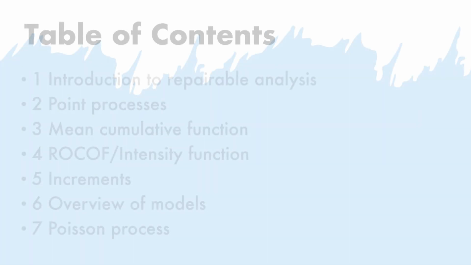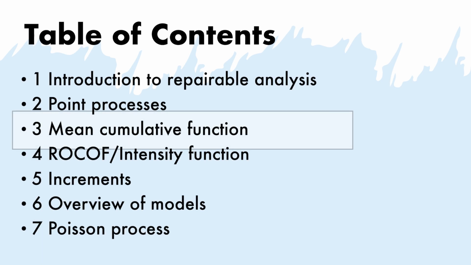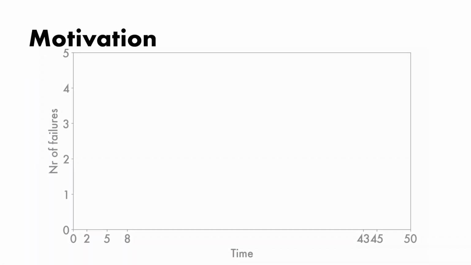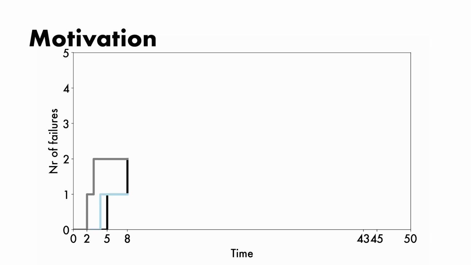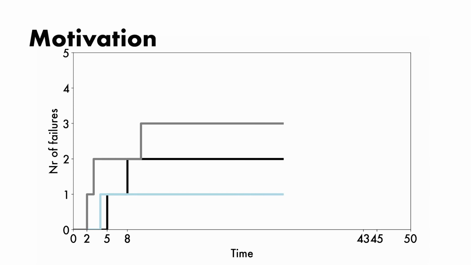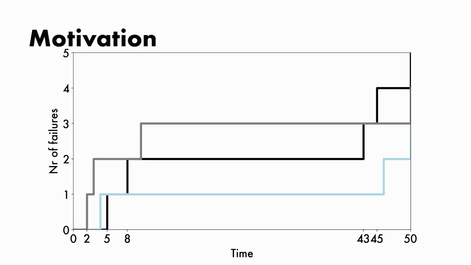Let us now discuss the mean cumulative function and why do we even need this tool. In reality, what happens is that we have the profile of several repairable systems, several graphs of the counting variables that are associated to each system. And looking at all of these graphs, especially if you have a high number of systems, is quite tedious and quite difficult. And one way to analyze them in a quicker way is to use the mean cumulative function, which is basically to average all of those curves into a single one.